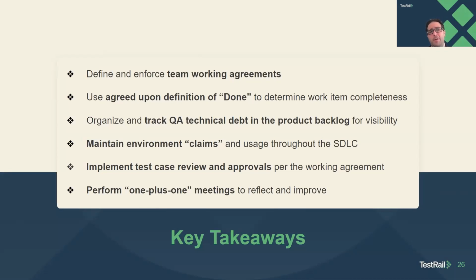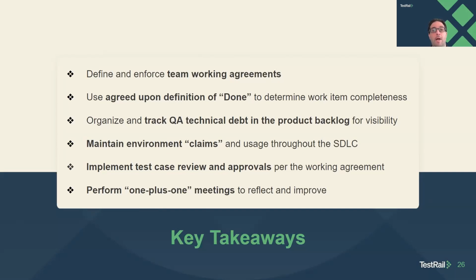Have a definition of done and have it aligned to the working agreement, and have that go full circle to the roles and responsibilities. Have a good objective definition of done so you know when work is complete. Better organize and track QA technical debt in the product backlog, right? And get engaged, do defect triage meetings. If your team is really having a lot of issues, think about treating automation and test artifacts like application code. Maybe create bugs for those. Get some visibility, and roll that into a triage session.